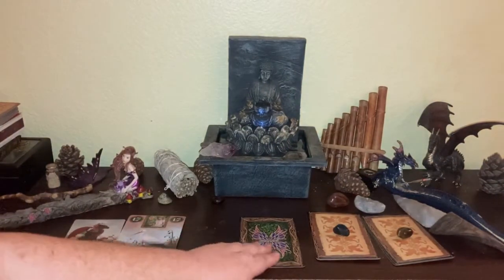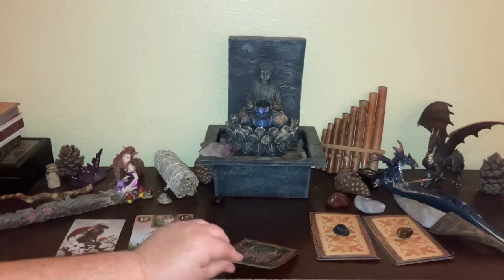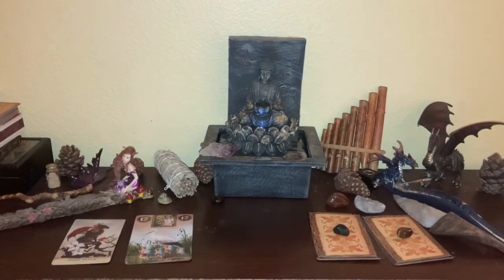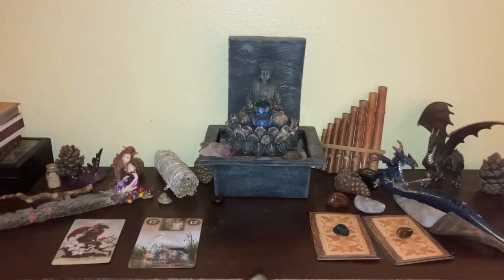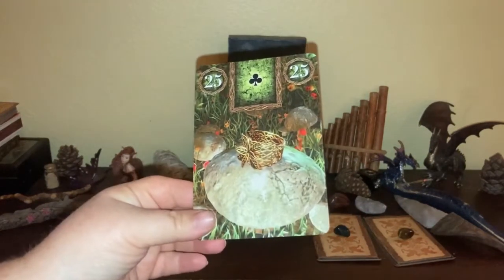Okay, let's see what happens with our next card here. We only have one card. I will have to pick another one. That is really weird. Okay, we have the ring. Now the ring is about